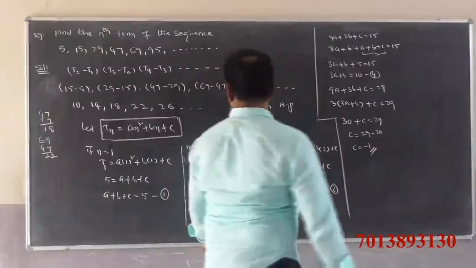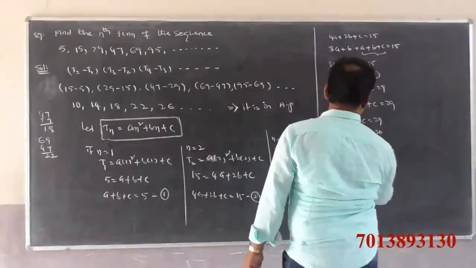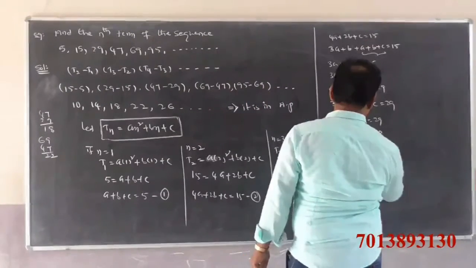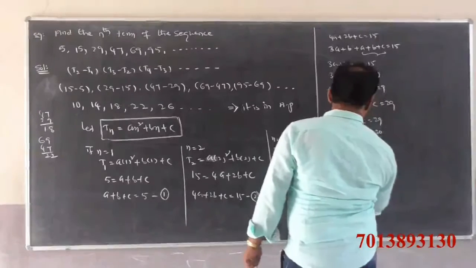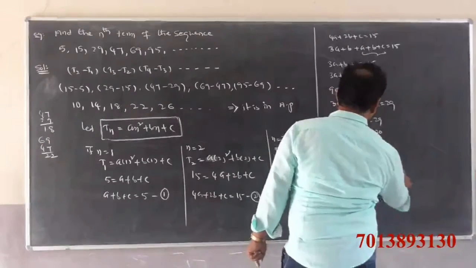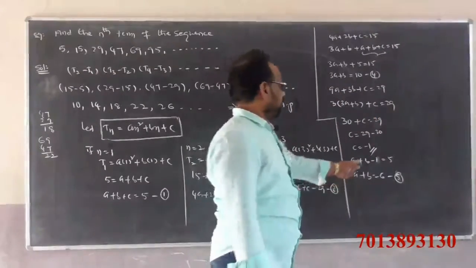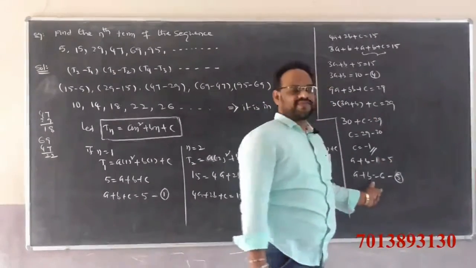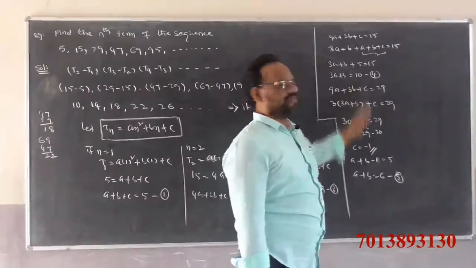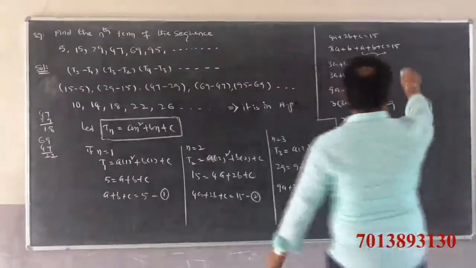Substitute C is equal to minus 1 in equation number 1. A plus B minus C, that is A plus B minus 1, is equal to 5, so A plus B is equal to 6. This is equation number 5. Transferring this one, we get A plus B is equal to 6. The other equation is 3A plus B is equal to 10. By solving 4 and 5,